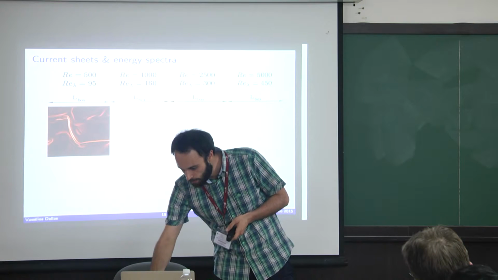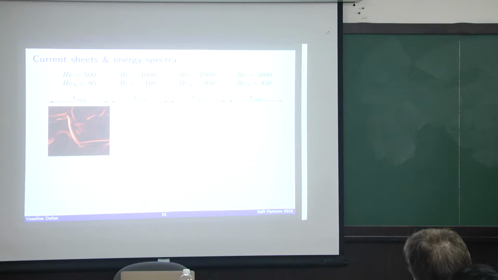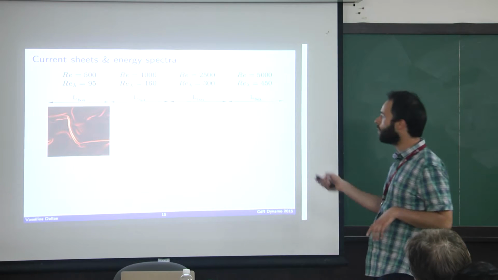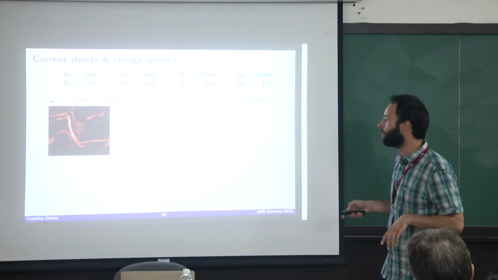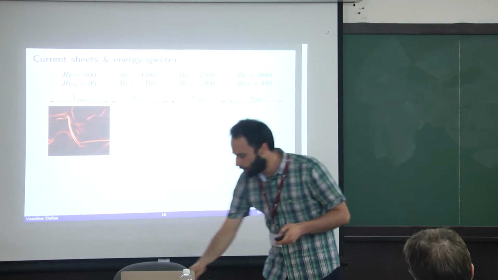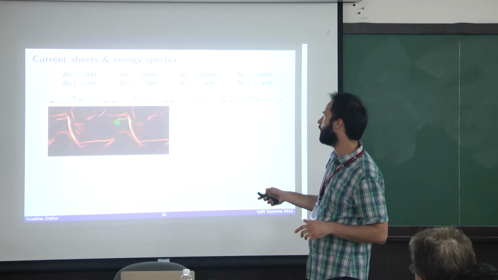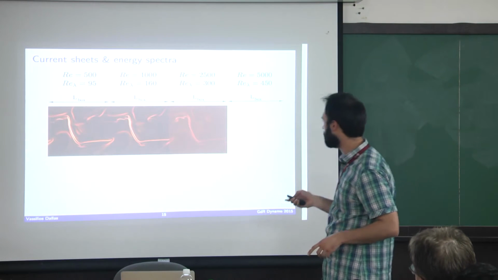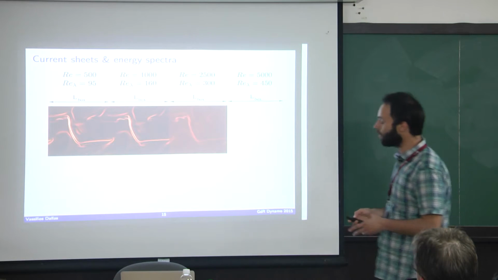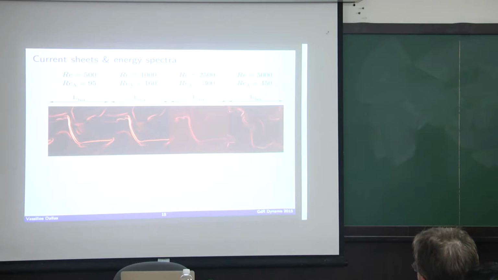So what is this? Let's see in more detail what happens. This is a 2D cut of the box. I'm going to show you for different Reynolds numbers what happens. For RE lambda 95, you can see the current sheet in the middle of the box. As I increase the Reynolds number, there seems to be some type of Kelvin-Helmholtz type instability being created here. Then if I increase further, you can see that the current sheet curls even further. And for the highest Reynolds number, we see some type of reconnection happening, and a smaller scale is appearing.